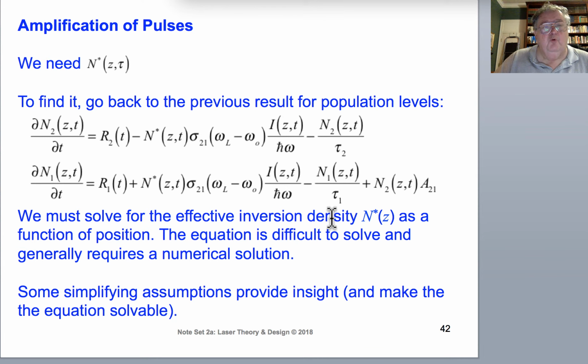What we did before, where we did this for the steady state, we set d/dt equal to 0 and solved for n star. We can't quite do that here because we're not in steady state. We have a pulse propagation system. So we have to solve these rate equations for n star, the population inversion density, the reduced inversion density, as a function of z